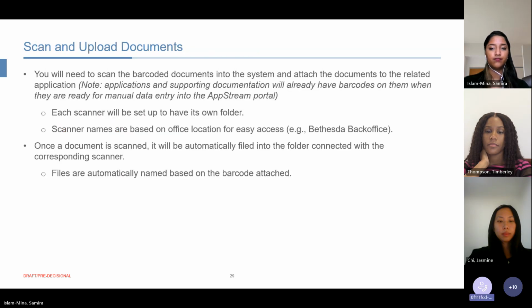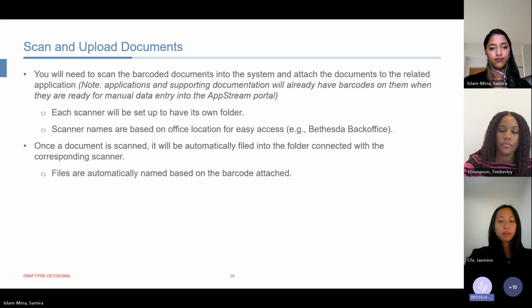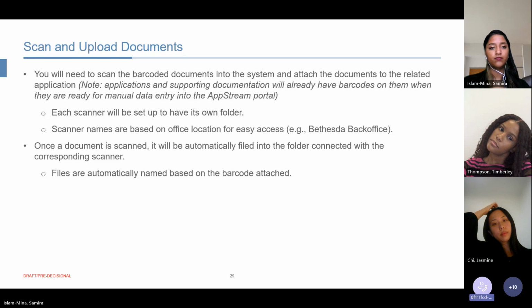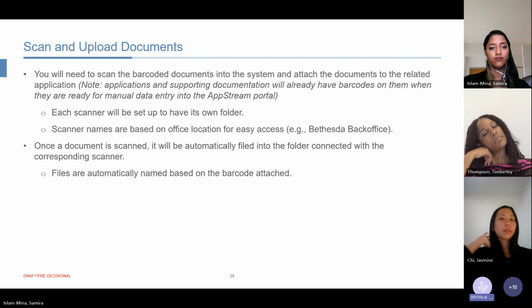We will continue with scanning and uploading documents. So once the scanner is set up, you will follow these steps to actually scan your hard copy documents that you've received in the office, either by mail or in person. When applications and supporting documents come in, they get a barcode put on them. And you will need to scan these barcoded documents into the system and attach the documents to the related application